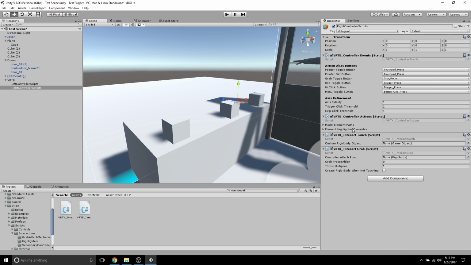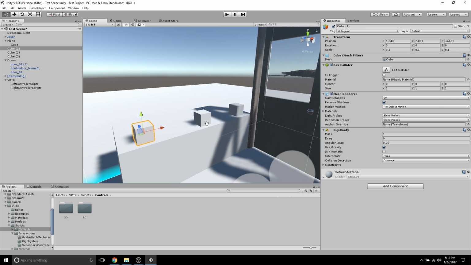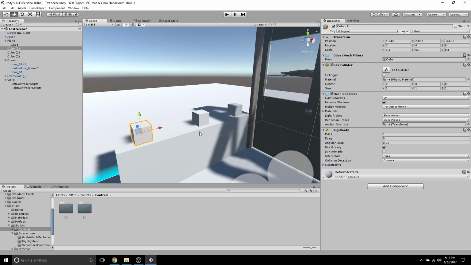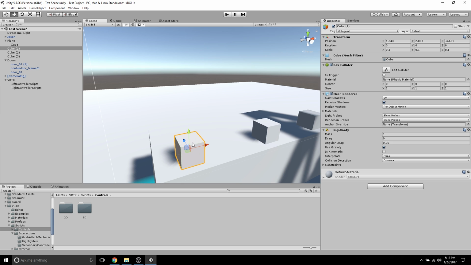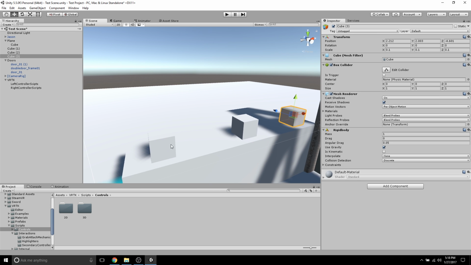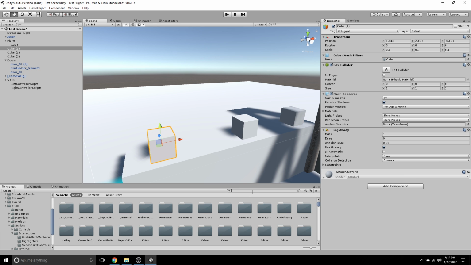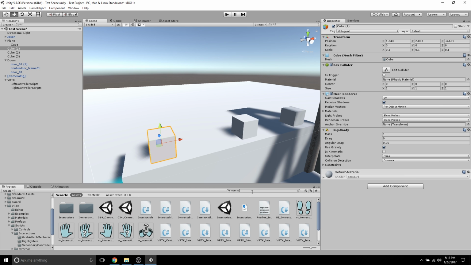And you can see that it added a bunch of other scripts as well. Now we're not done just yet. Now the controllers know what to do, but if you just go into the scene right now and try to touch these cubes or try to pick them up, nothing is going to happen because they don't have any scripts attached to it. So what we want to do is search for interactable object,